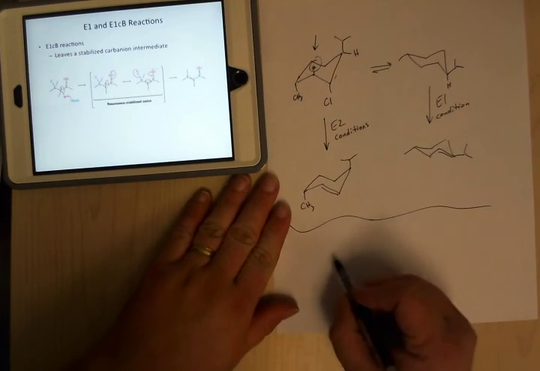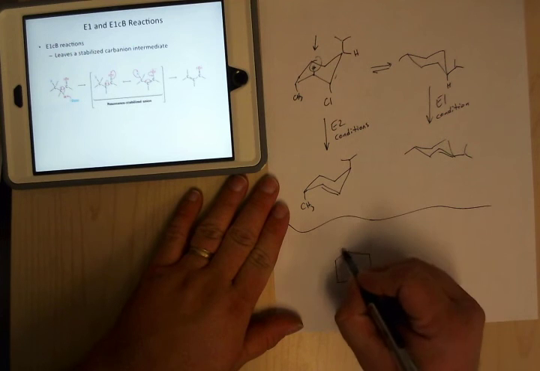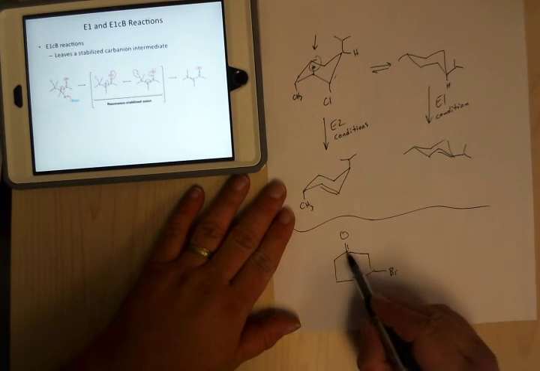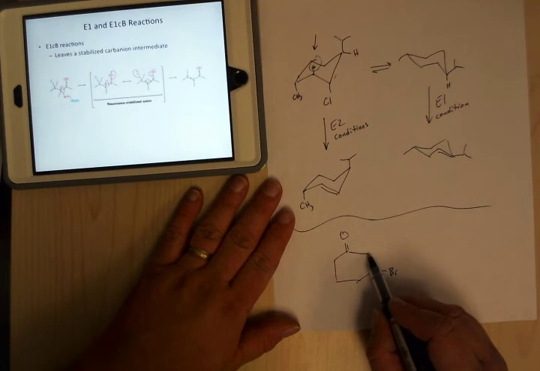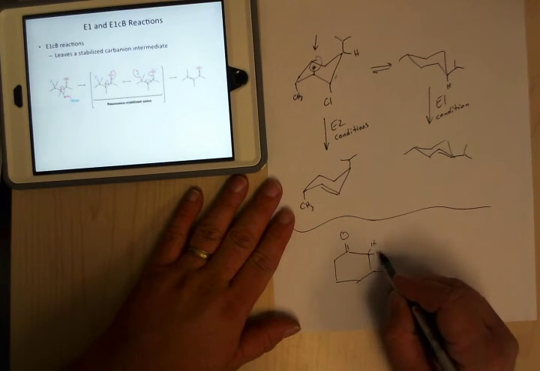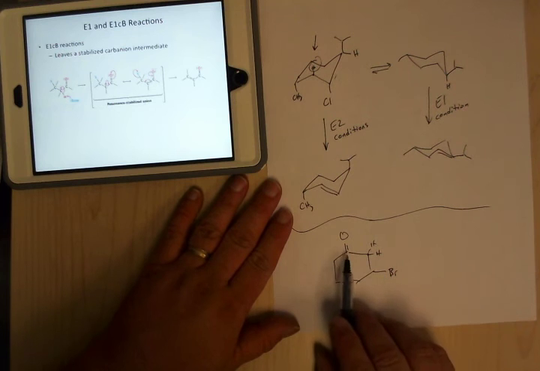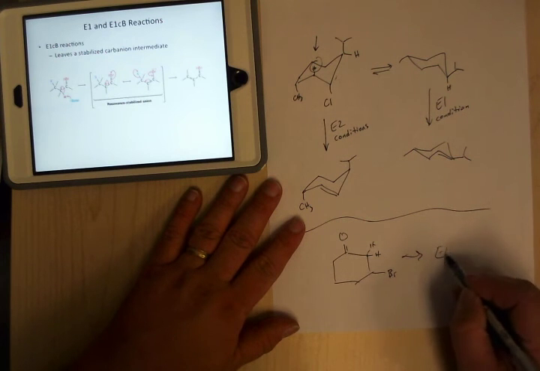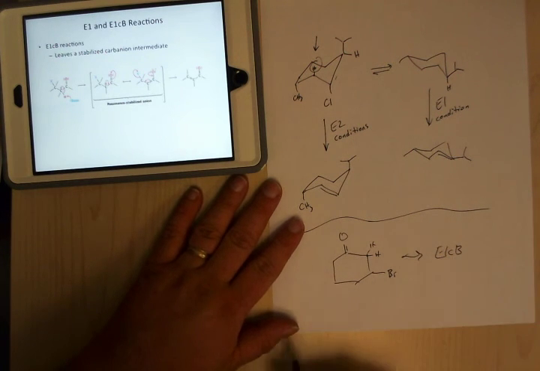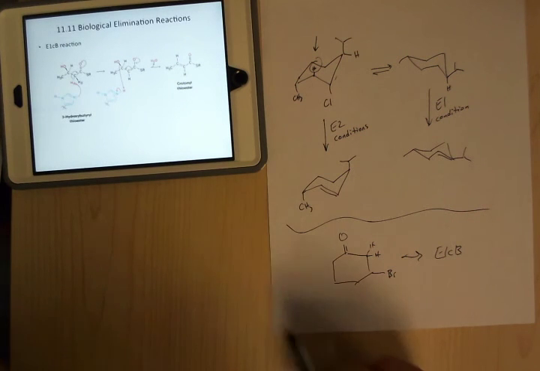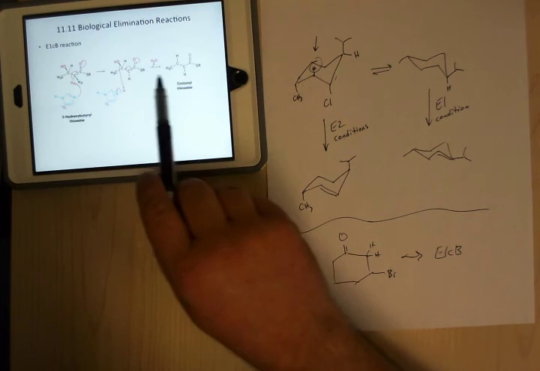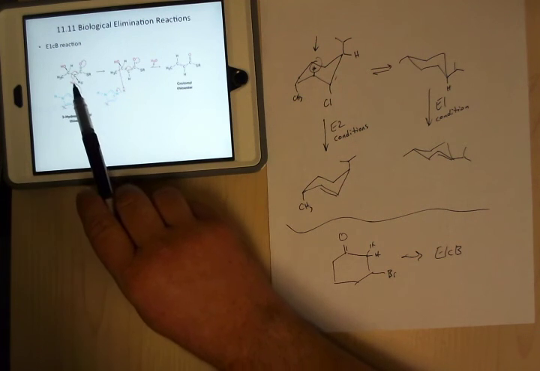Stuff like that. The easiest one to see is something like this. If you have your leaving group here, so you have basically a CH2, or you have a hydrogen here, and between your leaving group and your accessible hydrogens you have one of these C double bond O groups, that's always going to be an E1CB reaction. Okay. Stuff like that. And you see this in biological stuff, coming in here, ripping this apart,